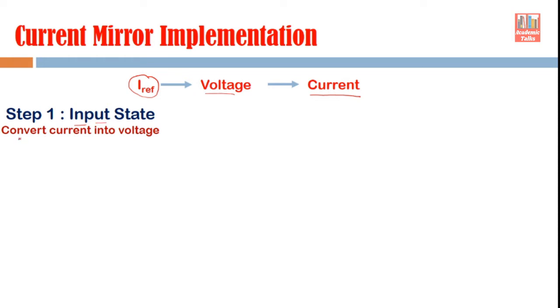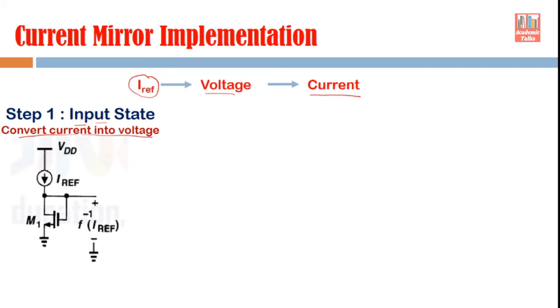So this step converts a current into voltage, right? For this purpose, what kind of circuit arrangement do we use? We use this kind of circuit arrangement. You see here, this I reference current that is shown here. Now this current is supplied to this MOSFET M1, and you see how the connections are made. This gate is connected to drain, right? It means this device is always going to operate in the saturation region. That we have seen in the active resistor discussion: if drain is connected to gate, the device will always be in the saturation region.